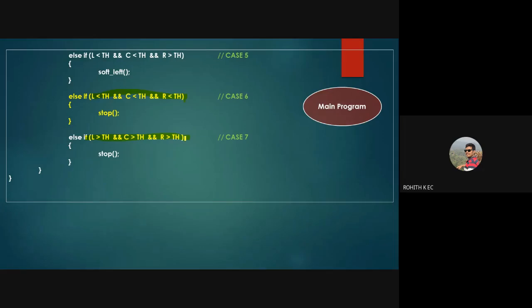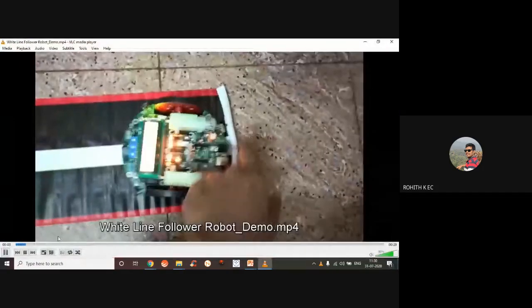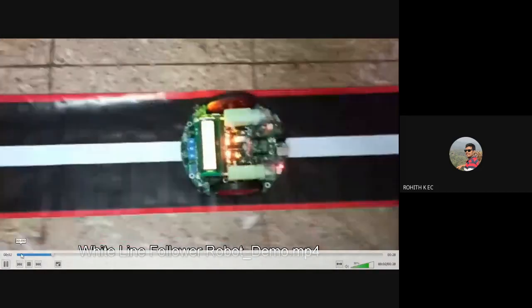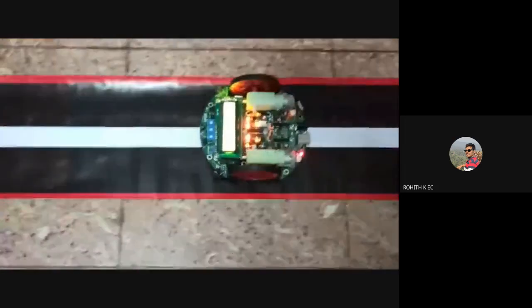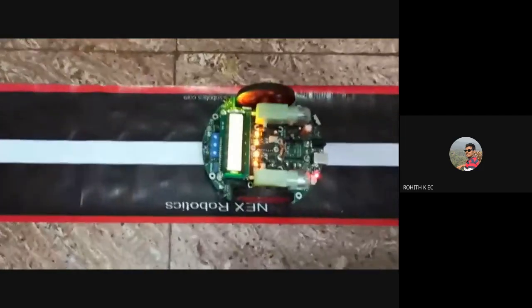Okay, so now let us look at the demo of this program. So I have loaded this program to the robot. You can see it is moving in the forward direction. When an obstacle comes, it will stop and it will also give a buzzer sound.